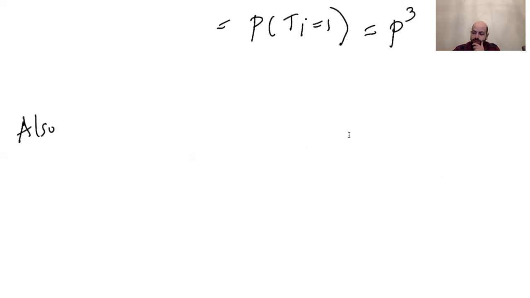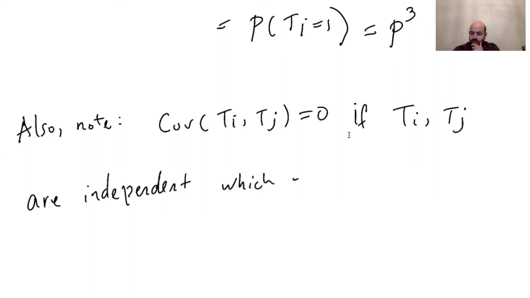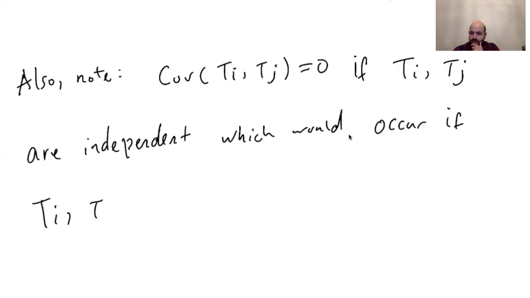Also note covariance Ti Tj is 0 if Ti Tj are independent, which would occur if Ti and Tj are indicator random variables